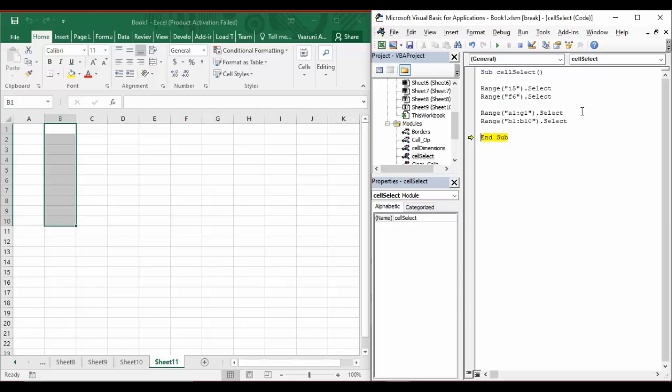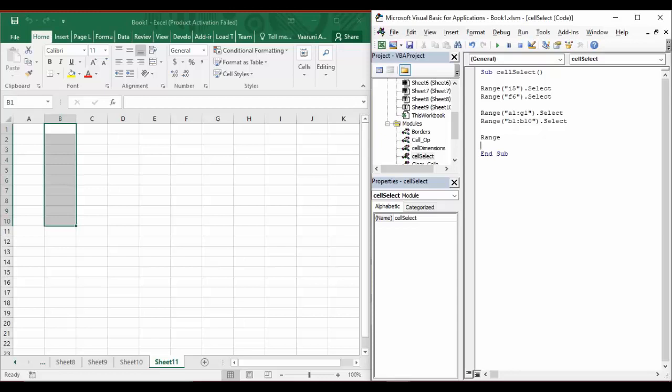So that was all about the select function in VB. Now there is another function and property that is very important, known as the activate property. What happens when you want to activate any kind of cell? Let us just see what happens if we want to activate a particular cell. Right now we want to activate a single cell. Using this activate function, you can actually activate a single cell or multiple cells as well.